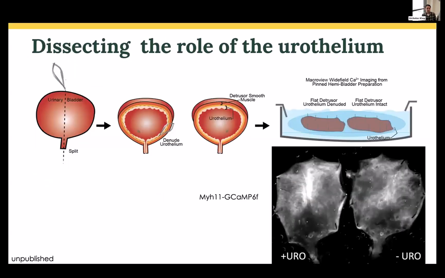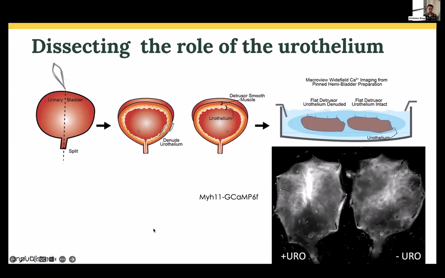So we utilized the same mouse model we had, this MYH11 GCaMP6f model, an inducible smooth muscle GCaMP. What we could do is we developed this hemi-prep. We cut the bladder in half. With half of the tissue, we can pin it down with the urothelium intact, just pinning down half the bladder as it is. And then the other half, we could surgically remove the urothelium and then also pin that down into a perfusion